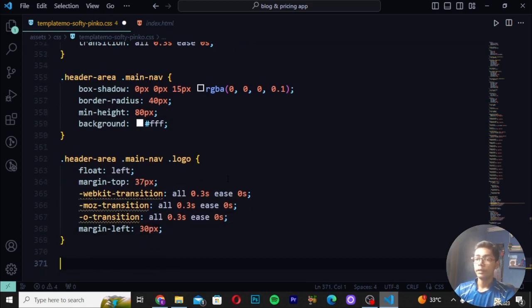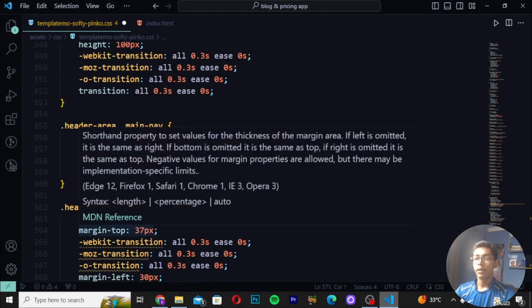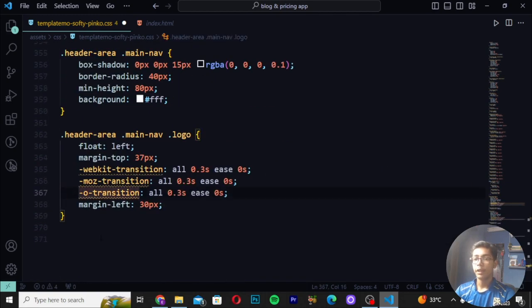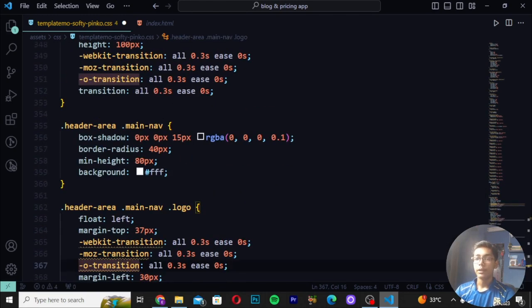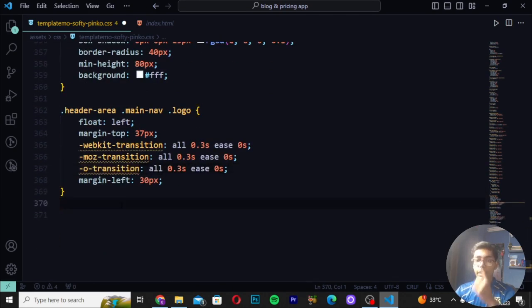And now you can see we have just written these all transitions which we want to write, and you can see it is working here. But one thing is not good, like you can see we are getting the dashes here, but when we are just having at the top, so this is not any, means we are not getting any of the errors here, but we are getting the error because we have to now create another class like that, so that the errors will be gone. So I will be again creating the header area with main nav, and I will be also writing the logo